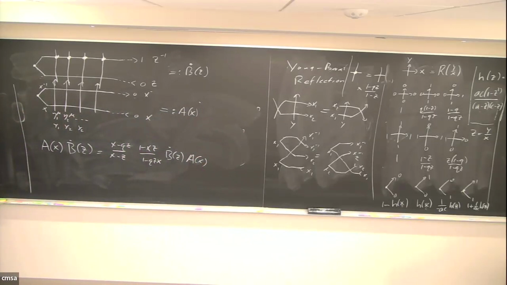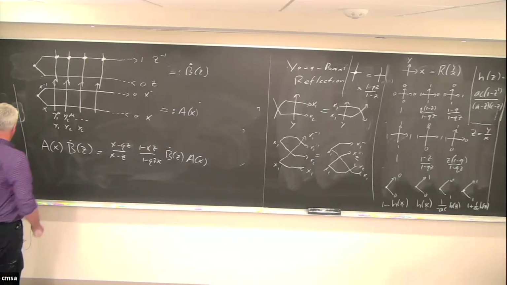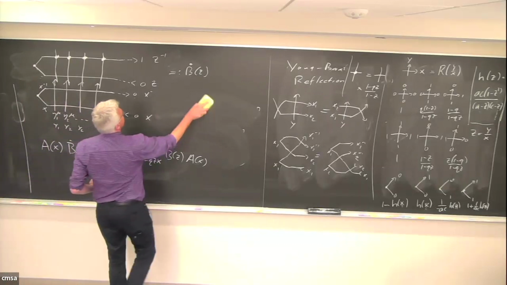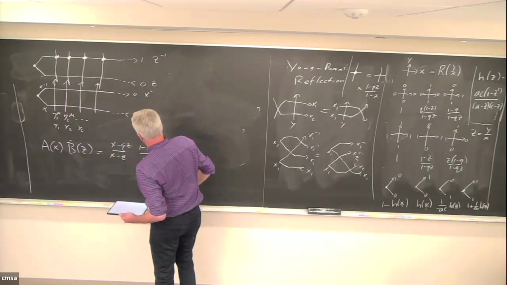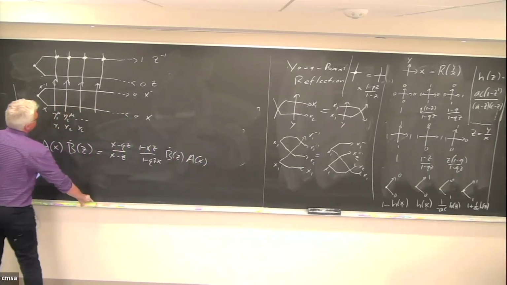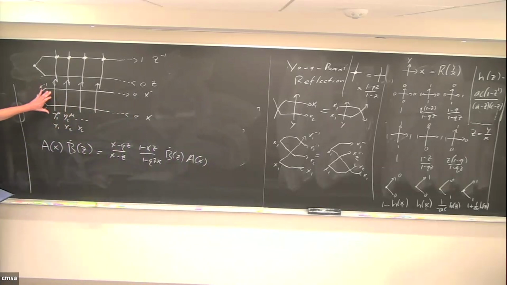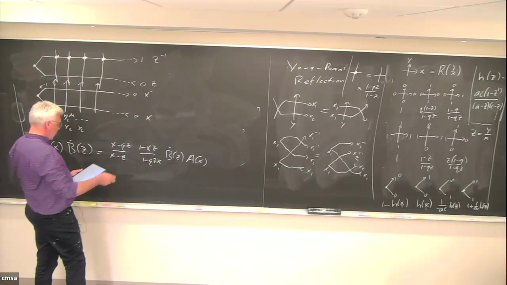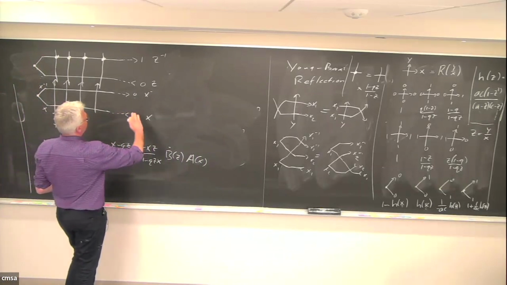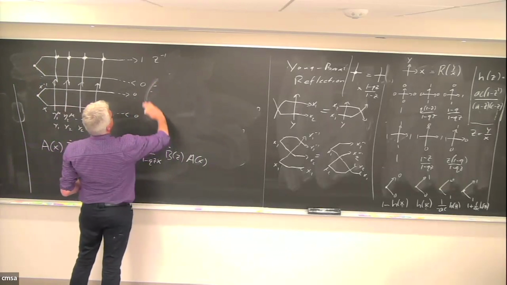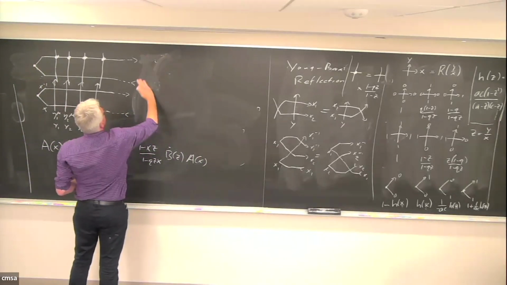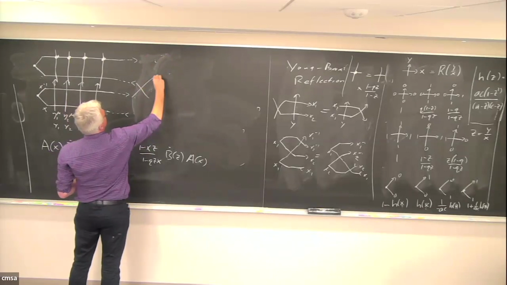So there is this commutation relation between the A's and the B's. And I'd like to give a sketch of the proof of that. So this represents A times B. And what I want to consider is a slightly more general object where I'm going to put some crosses at infinity,